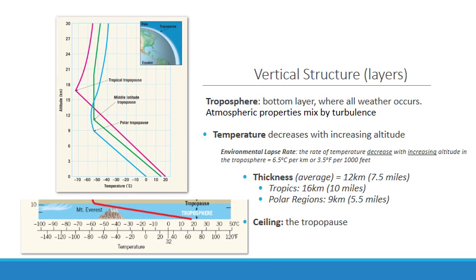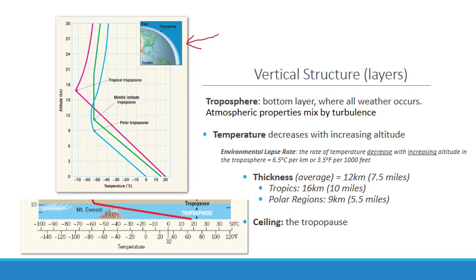The temperature decreases in the atmosphere throughout the troposphere to an average height of about 12 kilometers. Yet the thickness of the troposphere is not the same everywhere. That's what the other graph here is showing you. It can reach heights in excess of 16 kilometers, 10 miles, as long as we're someplace where the atmosphere is